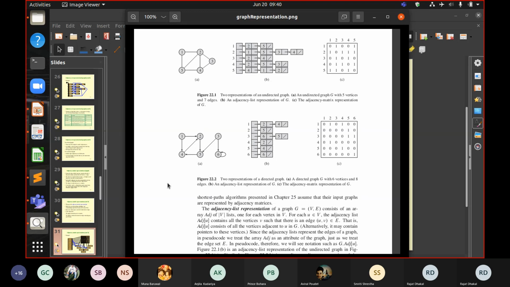Ades Podel. Ades, are you here? If not Ades, anyone who's able to see the screen can unmute your mic and we can discuss this. Okay, if so, then I'll call out names.